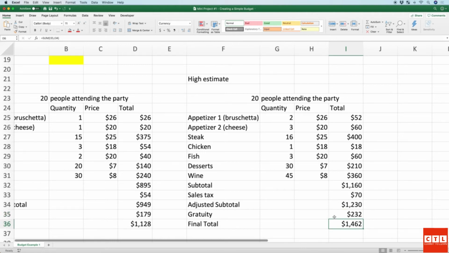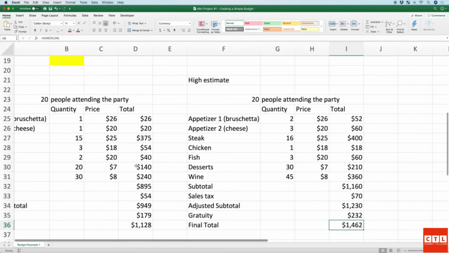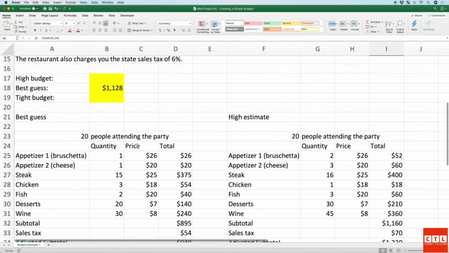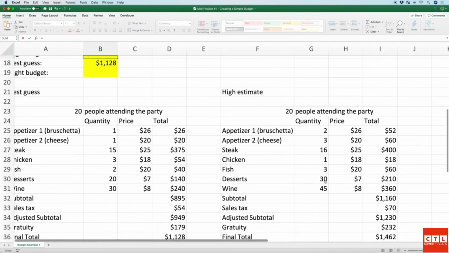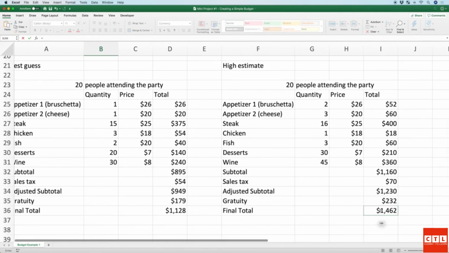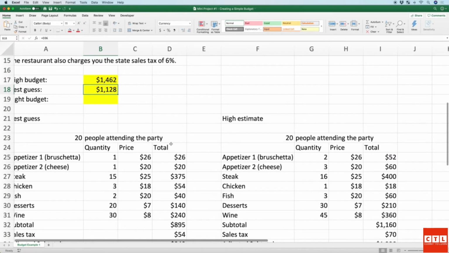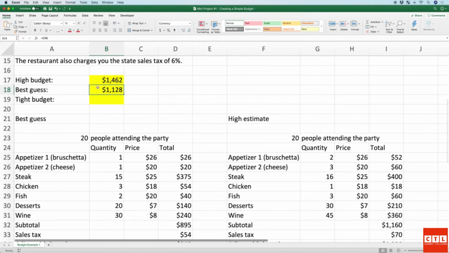$1,462. You can see that this is more expensive. This is the high estimate than our best guess of $1,128. Let's go back up here. And for the high budget, we'll do equals. And we'll scroll back down and we'll click on this cell right here to reference cell I-36 and hit enter. So now we have a high budget, 1,462, a best guess of 1,128, and we still need to calculate a